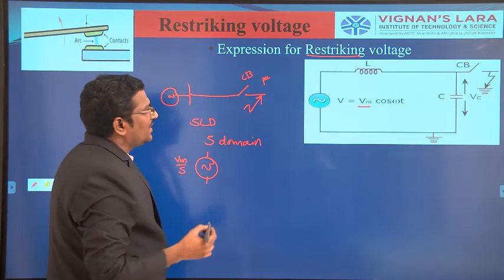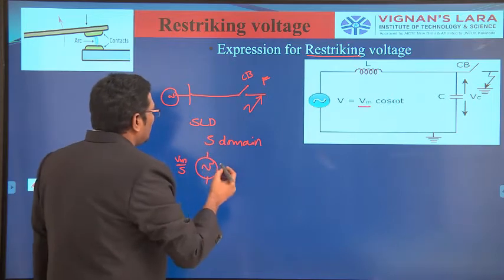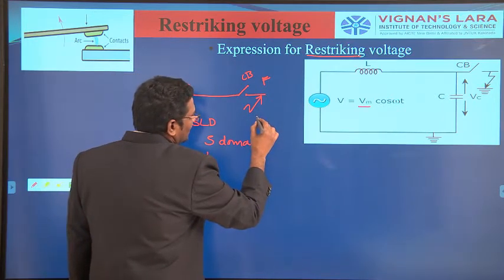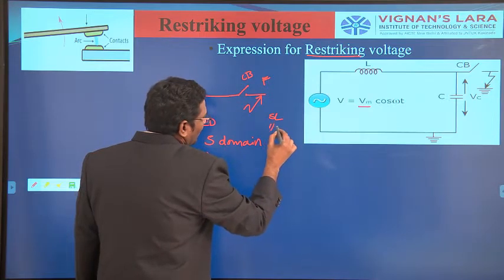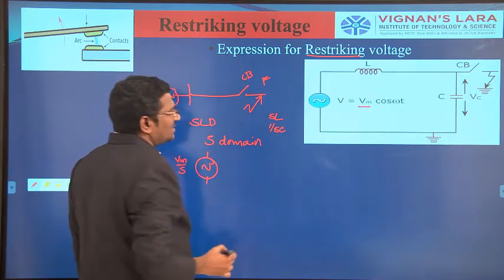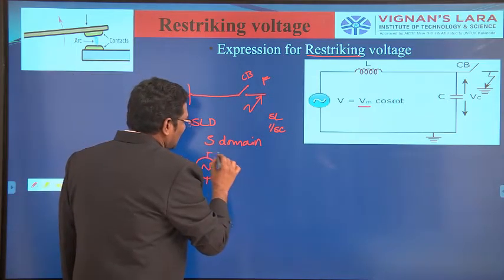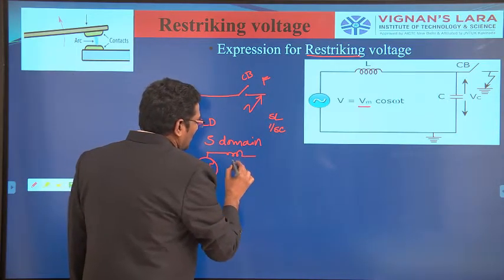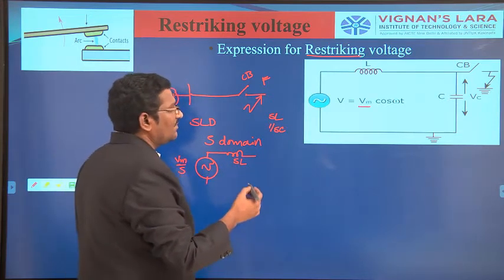Vm by S. Similarly, if you see in the complex domain, L is nothing but inductance. Inductance you can write as S into L. Capacitance you can write as 1 by SC. These things are studied in circuit theory, that's why I am writing directly. So the next element is SL, S into L, in the S domain or complex frequency domain.